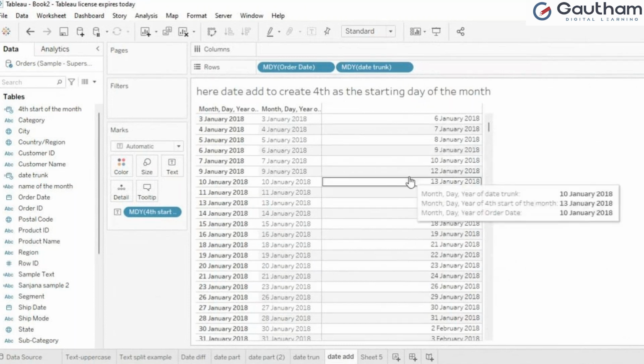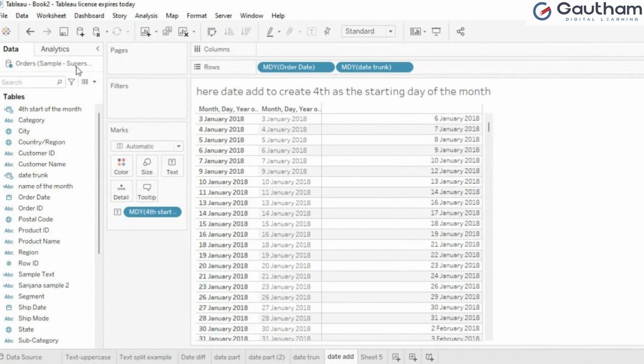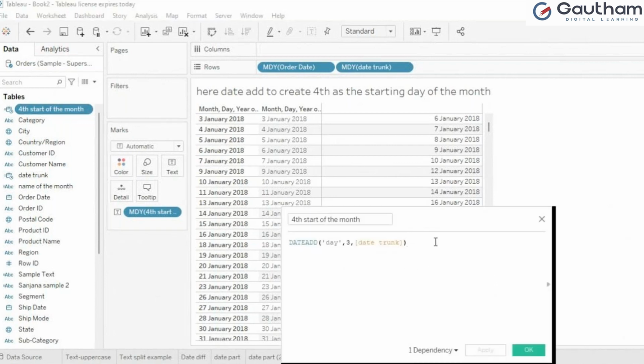I write a calculation which is the fourth start of the month, which means nothing but, I have written a date add function. I want the day to be third, all the time the day should be third only, and give me that date trunc. I have written this calculation.